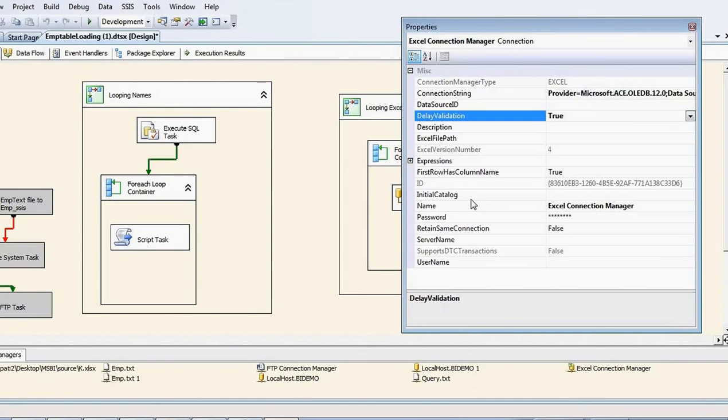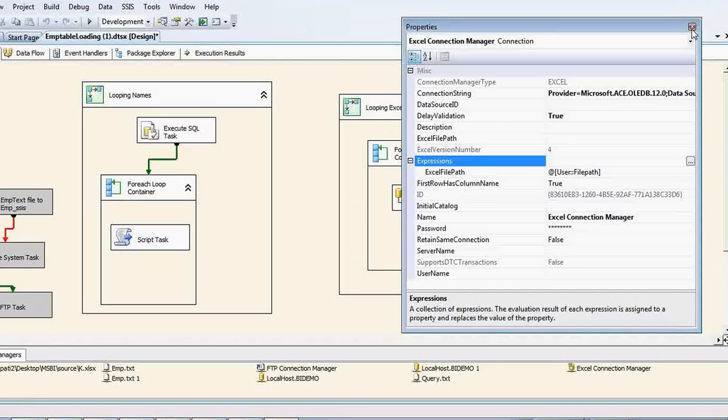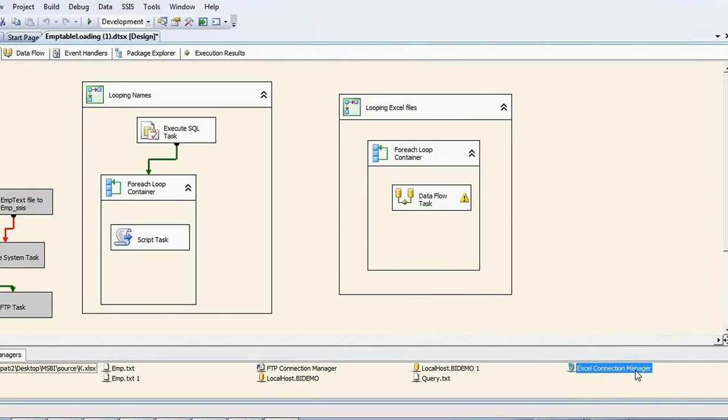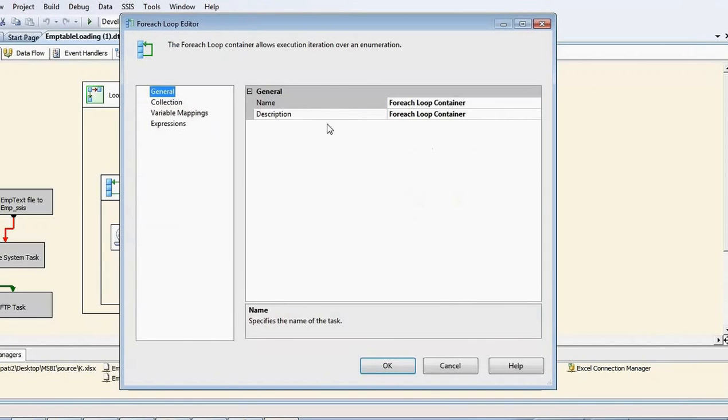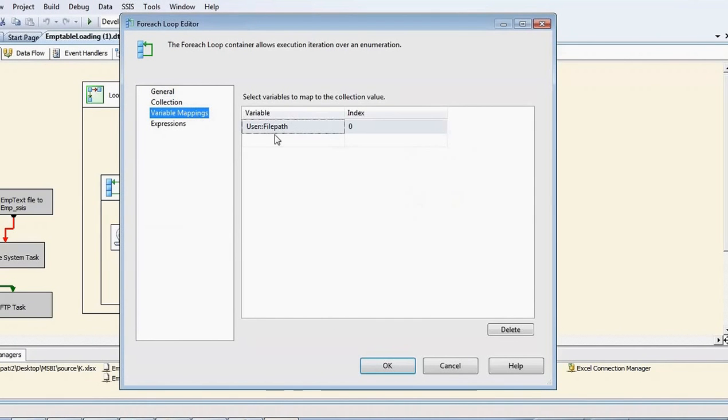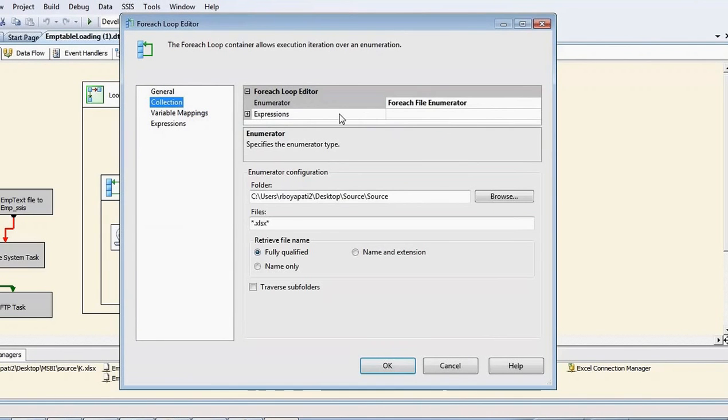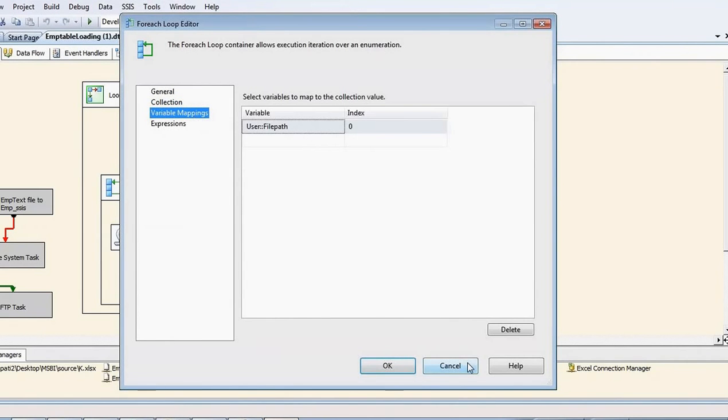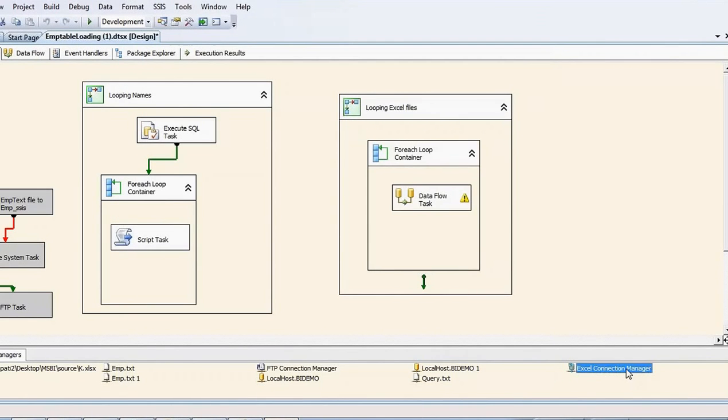Here the Excel file path is dynamically passed from a variable, right? Right now this variable doesn't have any value, because until the execution starts, the fully qualified path is not coming to this variable.